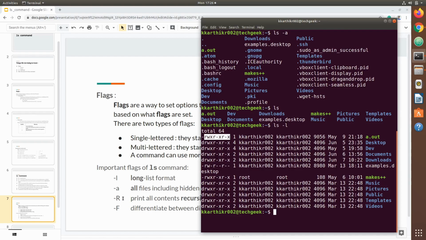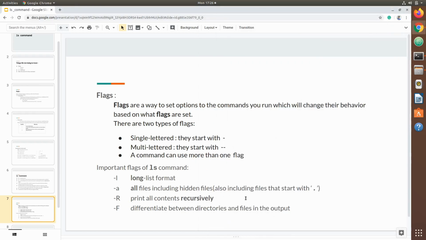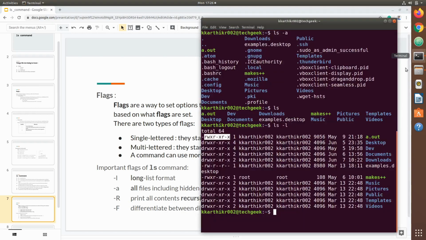The third flag we are going to learn is the capital R flag, which prints all the contents recursively. Let's go ahead and run it. ls command with the capital R flag. Note that in Linux, case matters.